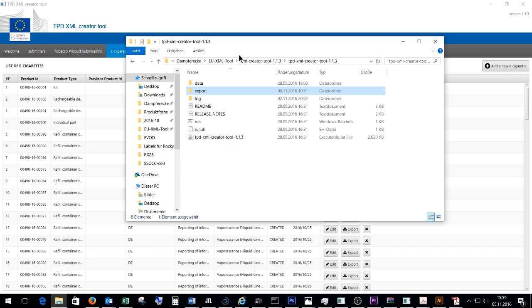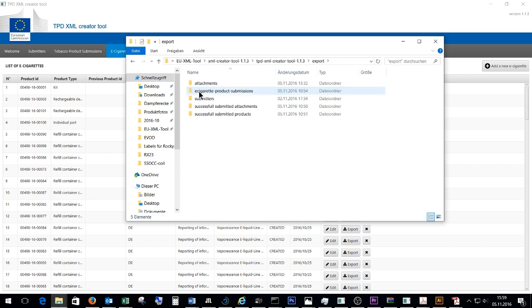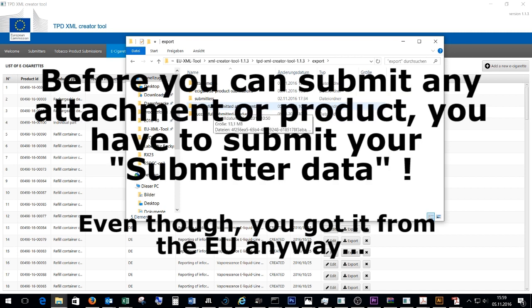You have the data folder, you have the export folder. In this export folder you will find usually the folders attachments, e-cigarette product submissions and submitters. The last two ones I created to make it a little bit easier to handle, for personal preferences. Anyway,